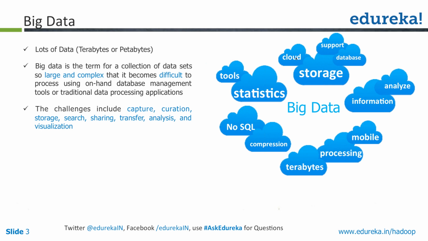Now, this is not only because of the size of the data, but also because of the variety of the data which you get. The kind of data which you're getting is not just purely structured data, as we used to get. I'll talk more about structured versus unstructured data, but it's not just the size of the data, it is the variety of the data, and it's also the speed at which the data is moving into your system.